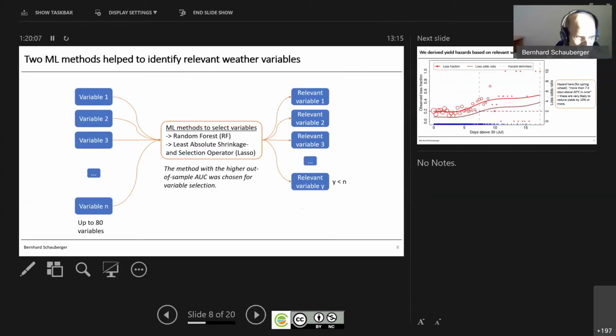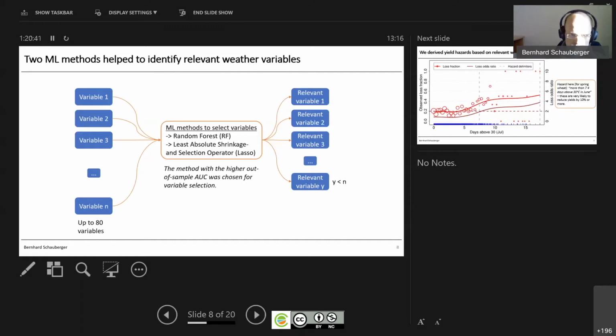And since this talk or the whole session is about machine learning, I also have one slide on machine learning. And I used it more as a tool to select variables, because what we have is around 80 possible weather variables. For example, mean temperature in October, number of hot days in June, the precipitation in May, and all these variables going in, but I already know that most of them may have nothing to say